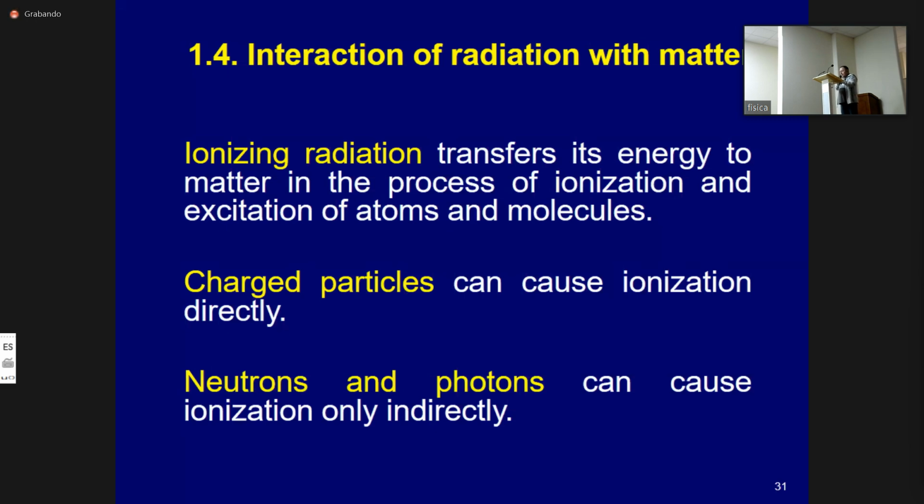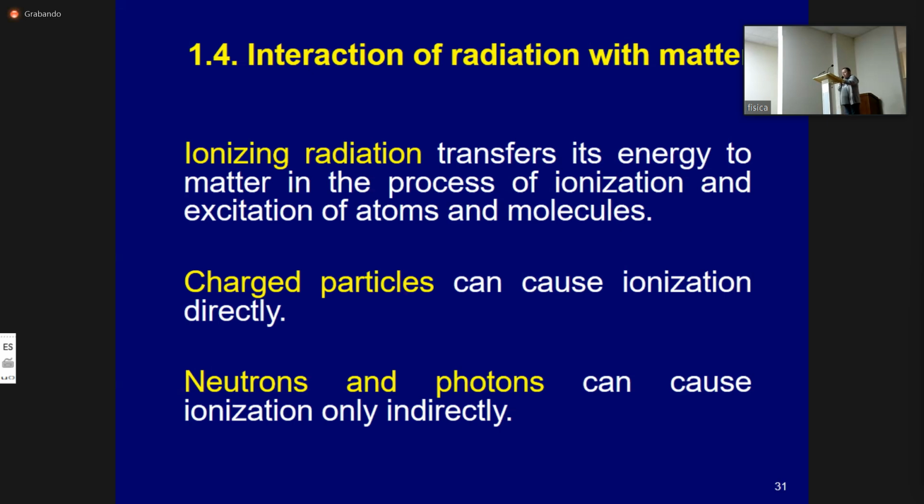The accelerated electrons can gain enough energy to escape from the parent atom. This process, by which radiation strips orbiting electrons, is called ionization. These charged particles are the main radiation that ionizes and excites atoms and molecules, and directly transfers the energy to matter.